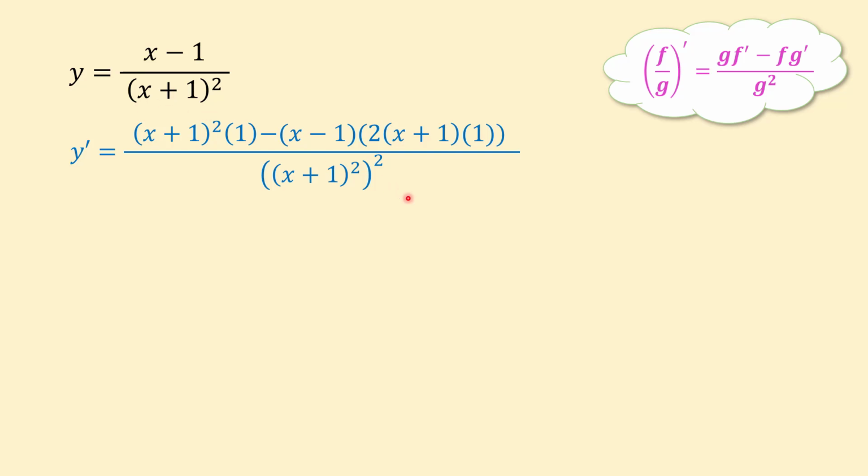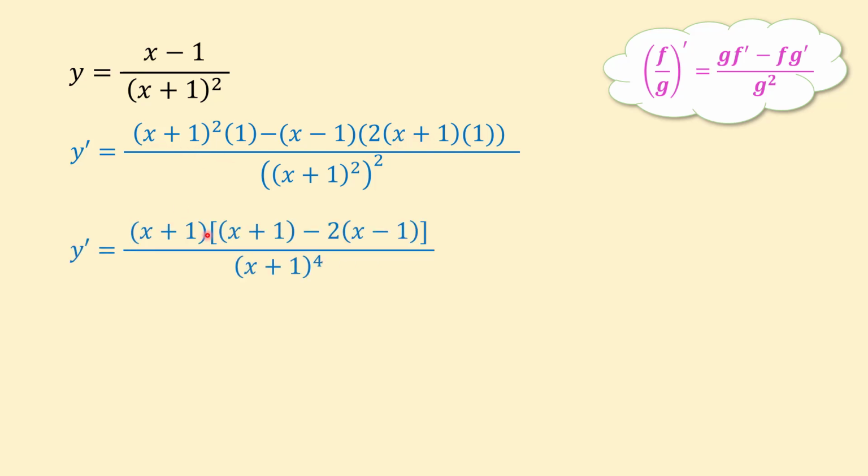If you want, or if you have to, you can simplify this answer. Note that we can factor x plus 1 in the numerator, because in the first term and in the second term we have x plus 1 as a common factor. If we factor x plus 1 from the first term, we have x plus 1. Note that x plus 1 times x plus 1 is x plus 1 squared. And from the second term, we have minus 2 times x minus 1. Now if we cancel x plus 1 to the 1 with x plus 1 to the fourth, y prime equals